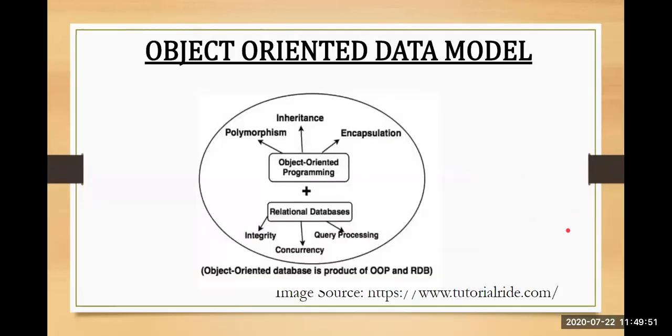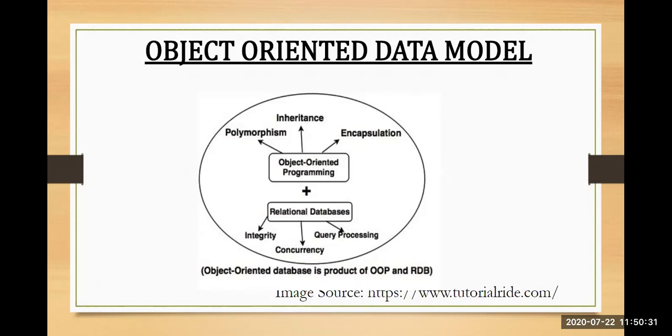The next is your object-oriented data models. Whenever I talk about object-oriented data models, these are the models which have object-oriented concepts in them. Like in object-oriented programming, you must have studied what is polymorphism, what is inheritance, what is encapsulation. These object-oriented concepts come into the object-oriented data model. Here the data model refers to the model which will have objects. The interaction takes place in terms of objects. Information will be represented in the form of objects. That is why it is called an object-oriented data model.